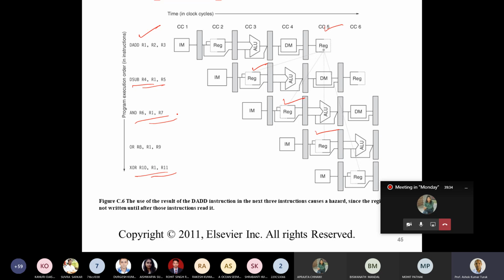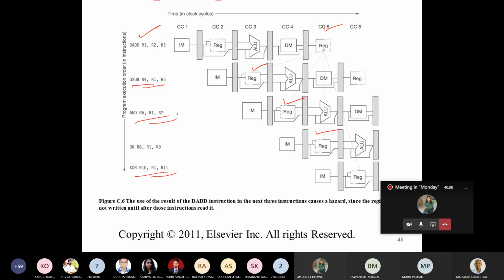Now how do we overcome this problem? When we execute instructions, this type of dependency will always be there, and there must be a mechanism to handle it. The moment there is a dependency, if you stall the pipeline, the performance of the pipeline will keep degrading. So all hazards have to be handled. Let's look at how this particular data hazard can be handled.